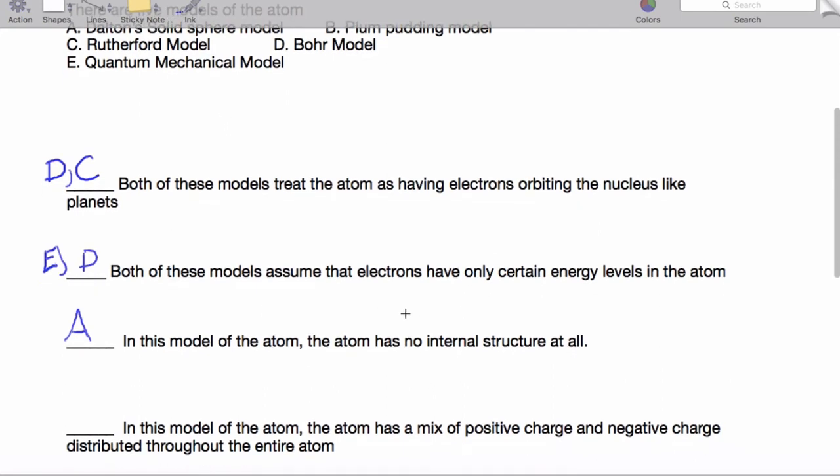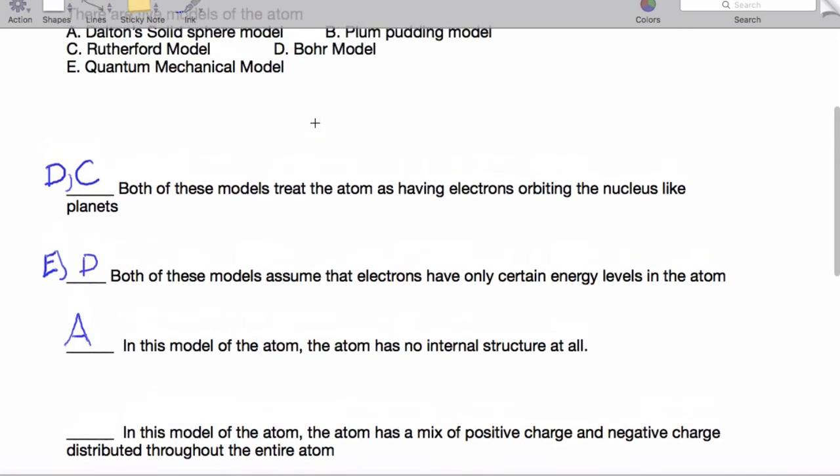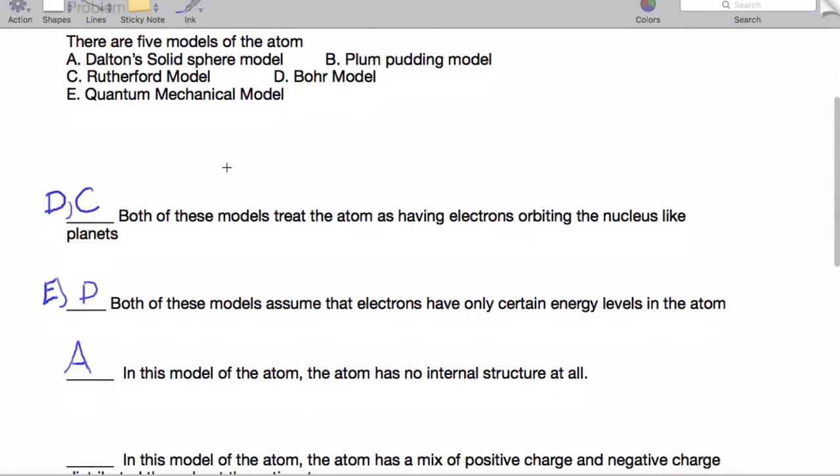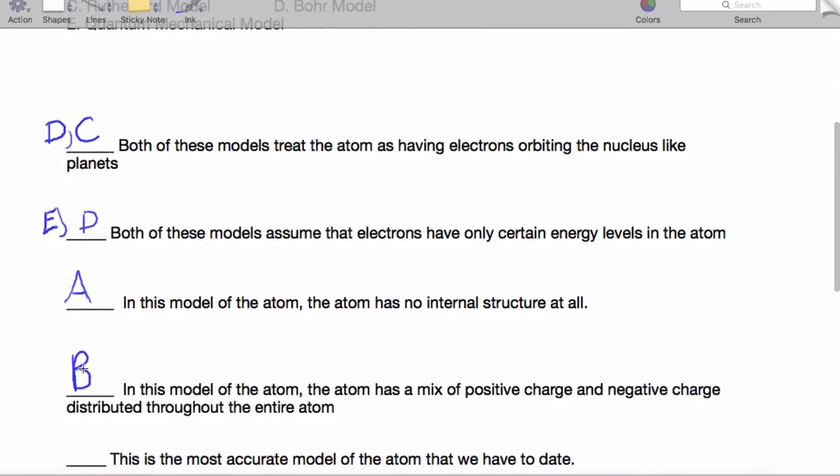All right, and then in this model the atom has a mix of positive and negative charges distributed throughout the entire atom. That is our plum pudding model. That happened after J.J. Thomson discovered the electron, and we realized that that was actually a thing. And then in this model the atom is a mix of positive charge and